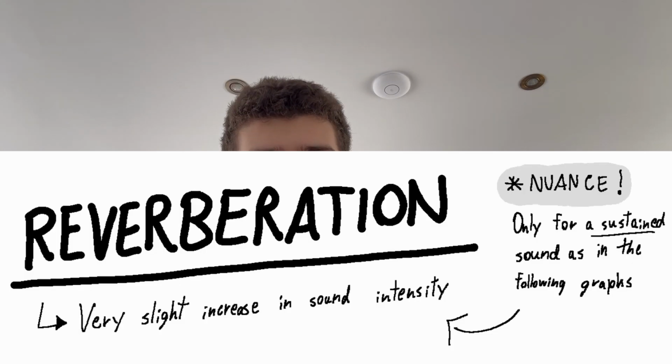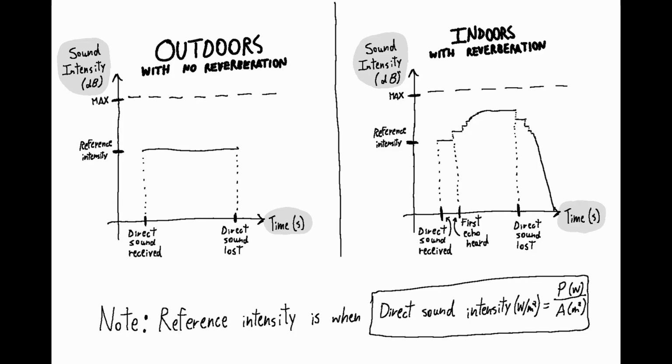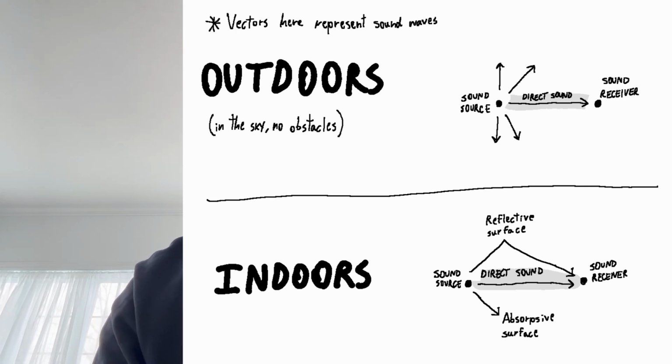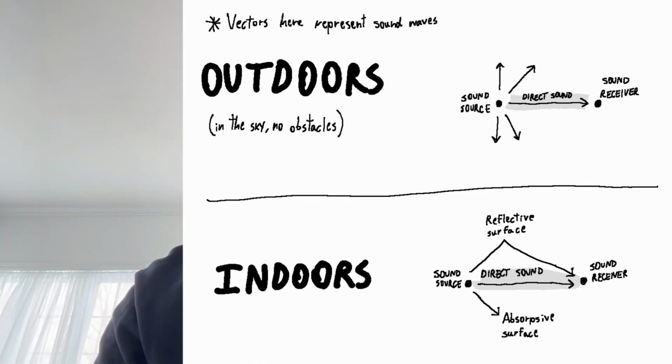Indoors especially, reverberation increases sound intensity due to echo, meaning sound intensity at a specific point is actually higher than sound power divided by area. This reverberation depends on the shape and materials of the room, which influence the amount of sound waves which can reach the listener. This is partly why sound intensity is lower outdoors, as long as temperature and windiness are the same as indoors. In an open space with no obstacles, only the direct sound wave will reach the listener, while in a closed space, each time the sound wave bounces off a reflective surface, like a floor made of ceramic tiles, let's say, that sound wave will also reach the listener, though it takes a bit more time to do so, creating the echo effect.